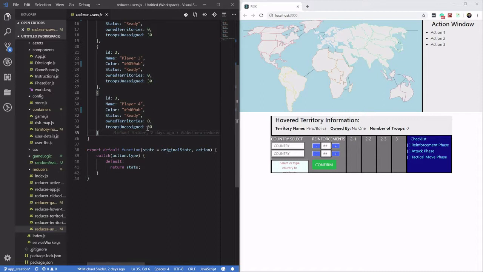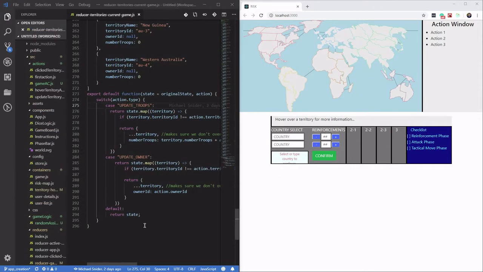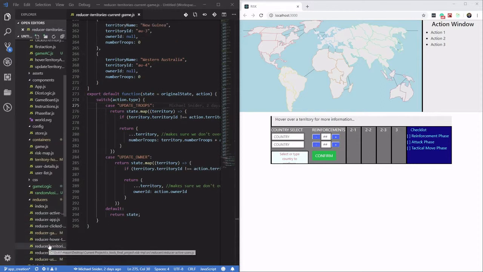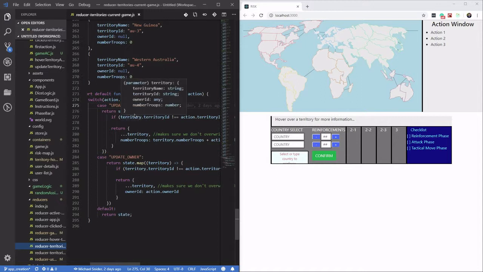And during each phase, for example the reinforcement phase, this gets dynamically updated based on how many territories they would have. That eventually is where we would take this project. However, we have not had sufficient time to implement that. So now we just have the initial states, and this is explaining what the purpose of this was for. The update territory action works in conjunction with the user reducer and the territory reducer to update the territories. Going first with the update troops, it uses the ES6 map function for an array, which